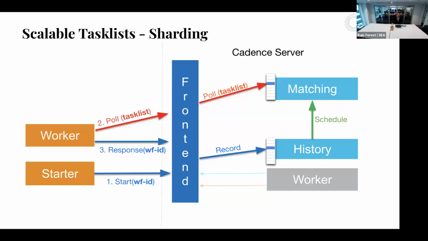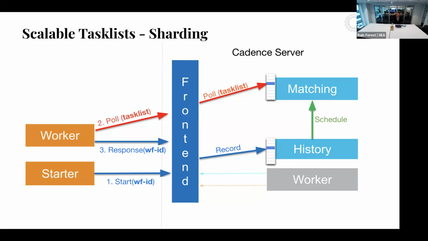There is a reason for it, because these matter. On the history side, our sharding logic depends on workflow ID. And workflow ID is something the user sets in the beginning of their workflow start. So we will talk about a lot of things regarding workflow ID. I want you to remember this slide: workflow ID will decide where your workflow is going to be